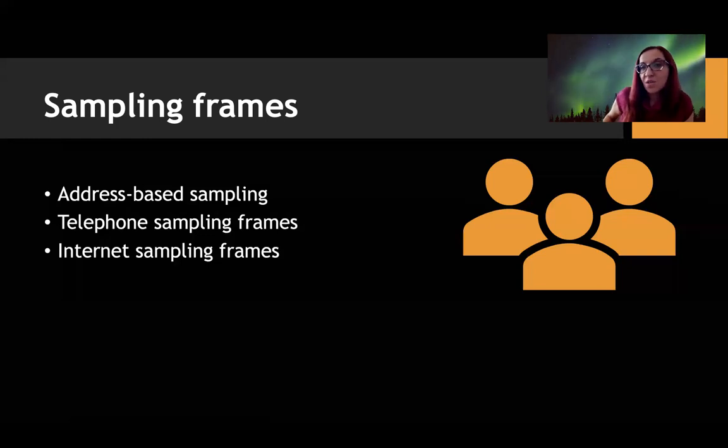So I believe that internet sampling frames would be appropriate if we were to study millennials, or if we were to study Generation Z, because they are known to be internet users. So if we want to make inferences about that population, we could just try to select a sample from the internet to send out the survey, and make sure that we are collecting data from that population.